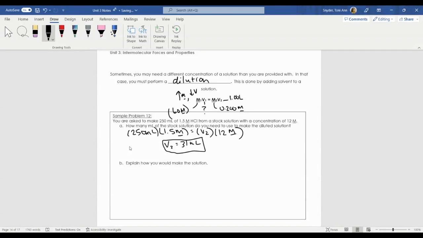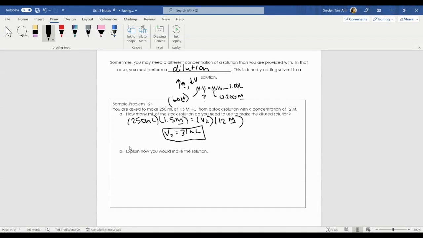So, all right, I have the answer to this. Well, how would I do this? And you're going to do a lab where you are actually going to go ahead and make some solutions. But what I would do at this point is